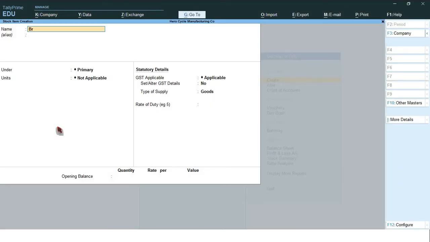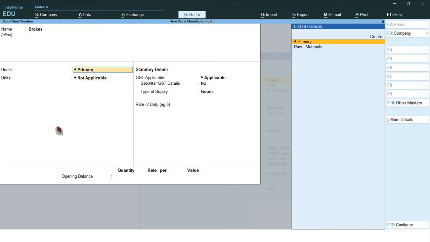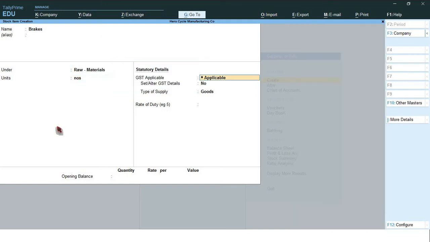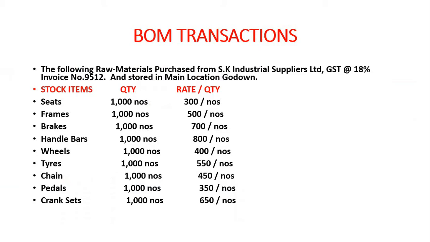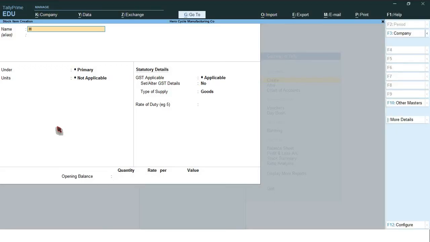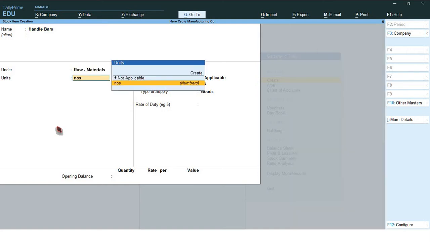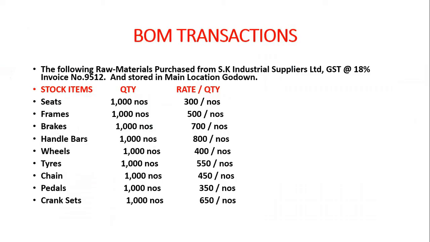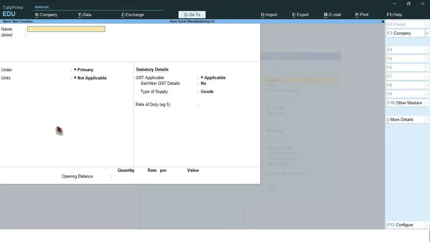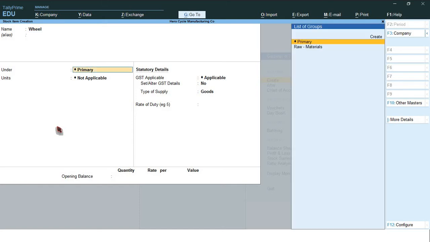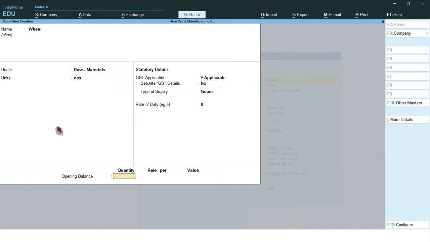Brakes, raw materials, numbers. Handlebars, raw materials. Wheel, raw materials.